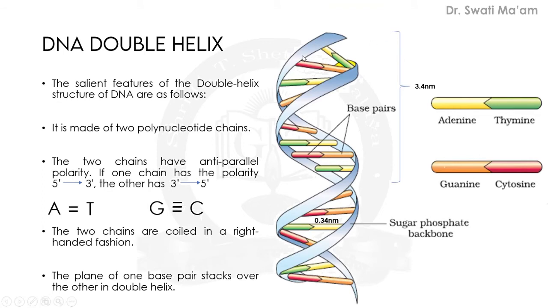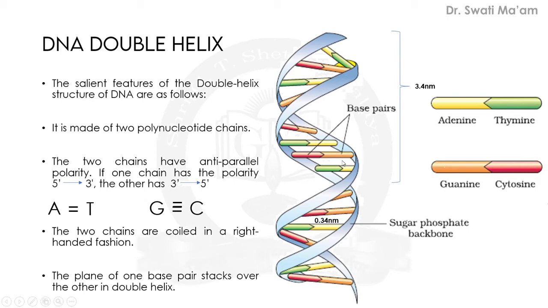Generally, you have made such a model, right? It is important that you know this is the basic representation of how the double helix looks. These blue colored ribbon shaped structures show one of the polynucleotide chains, and the other is moving in this direction, while another will be moving in the opposite direction.